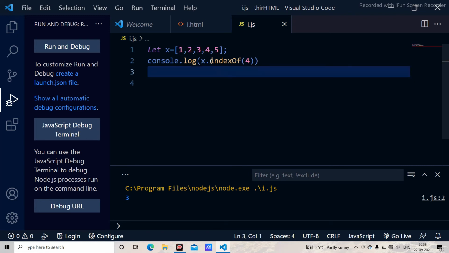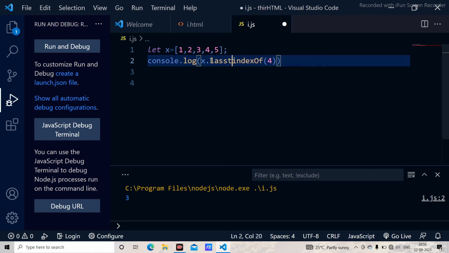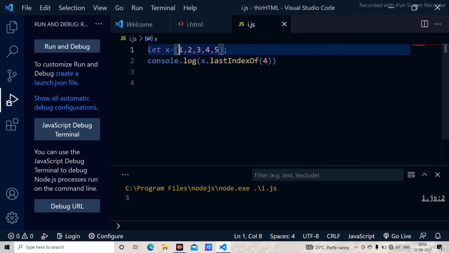When I use the index of, it is going to execute the function from left to right. When I use last index of, it is going to consider from right to left.